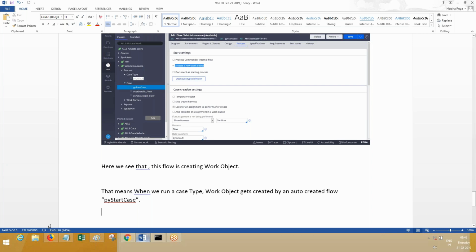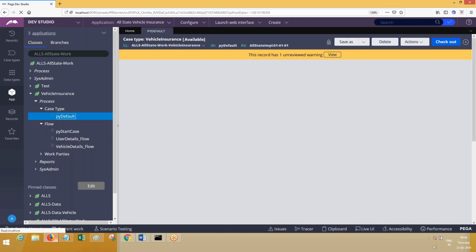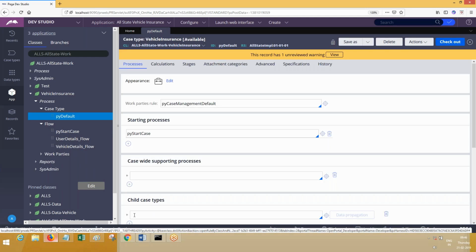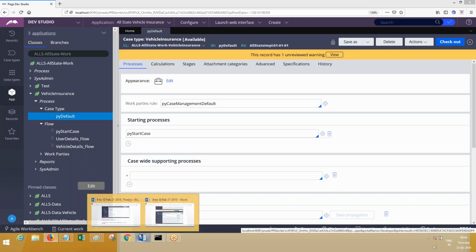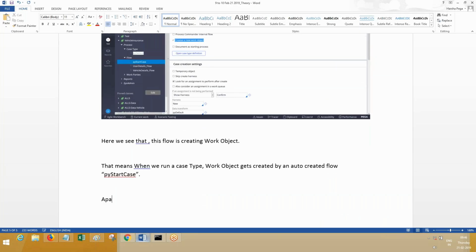Apart from all this, it has created a case type rule with the name PY default. Look at here now, PY default, I have opened it.